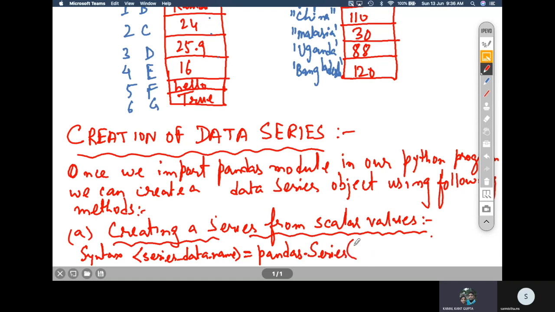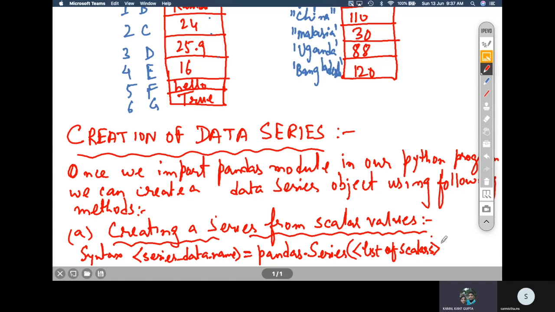Inside the pandas module there is a series object, right? And you have to pass a parameter to this series object or series class. Actually it is implemented as a class and objects, so you are passing a parameter to that class. The first parameter will be the list containing scalars, a list of scalars.